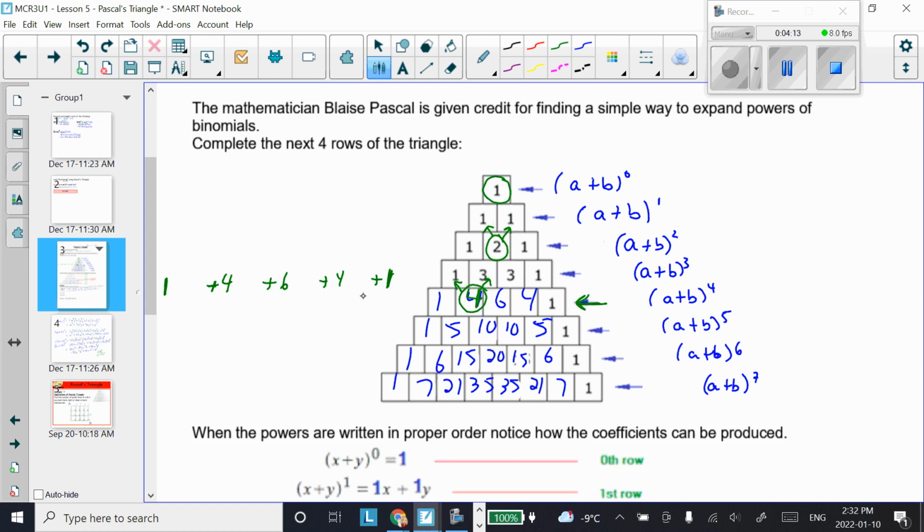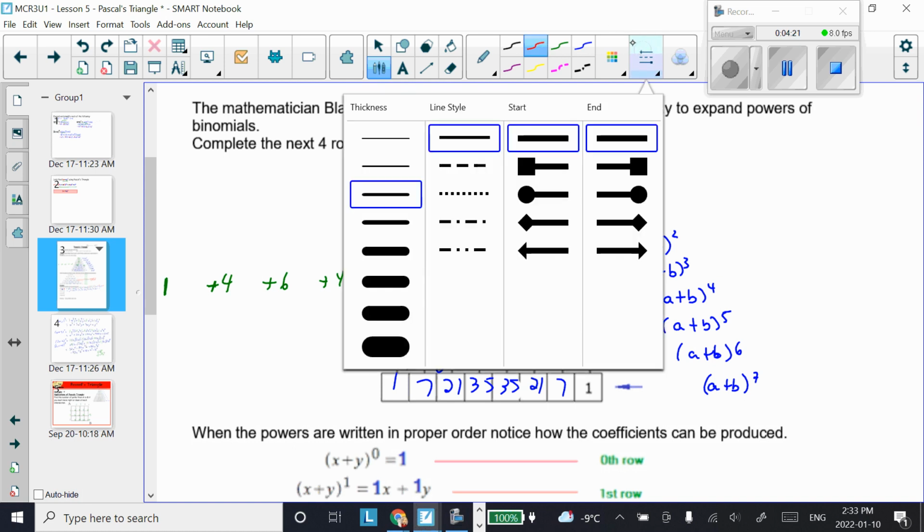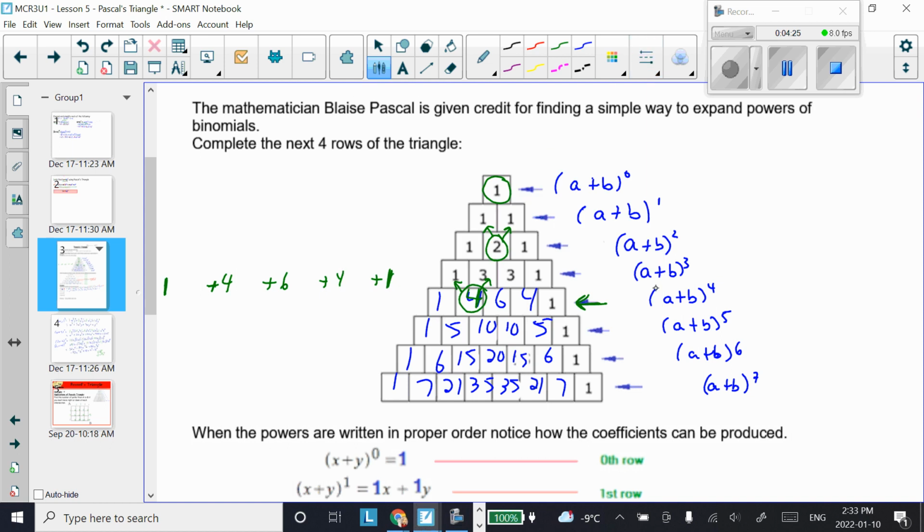Okay, so those are my coefficients for my 5 terms. And then I'm focusing on the letters. So we have a plus b in a bracket. So I'm going to make my a red, just so that the colors are different. So my a is red, and I've got